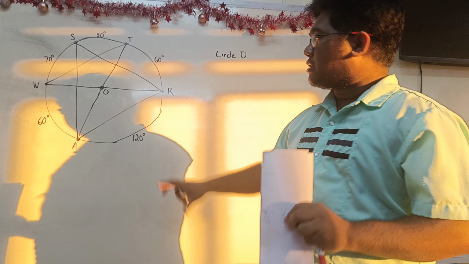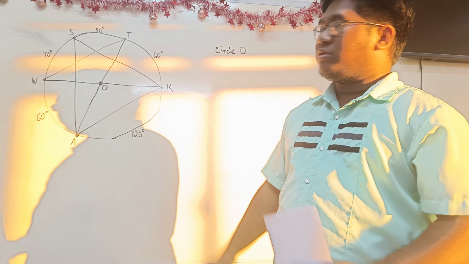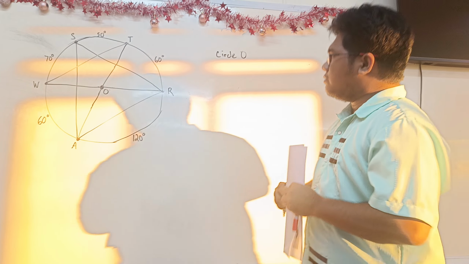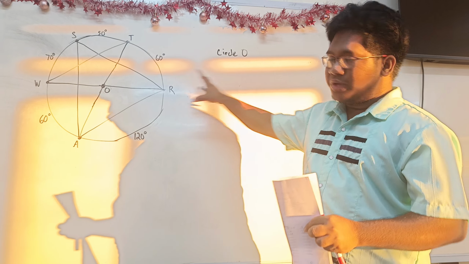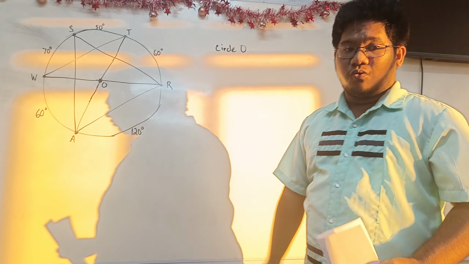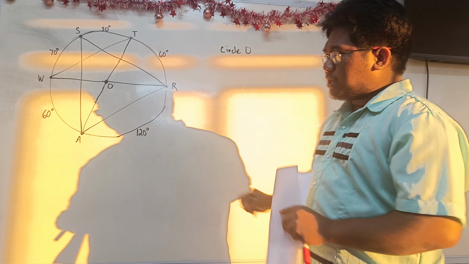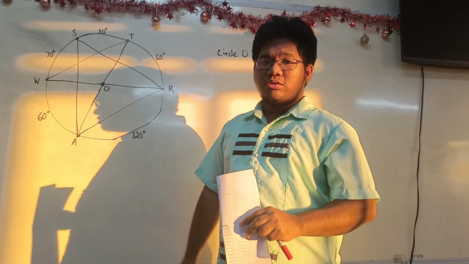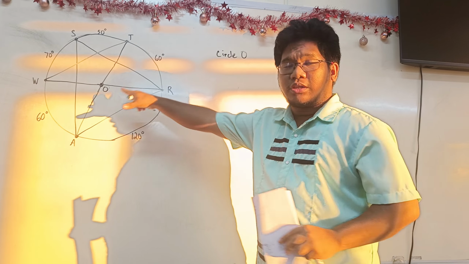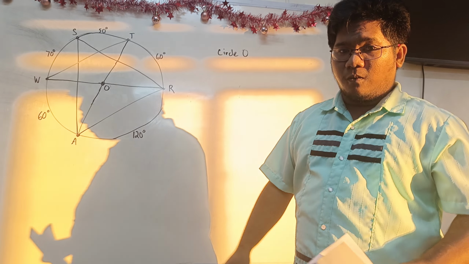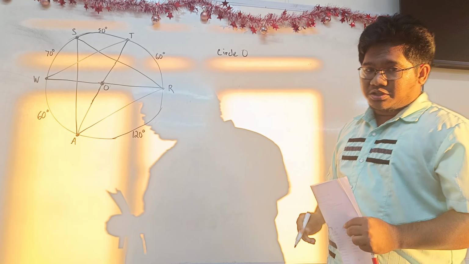Today we are going to discuss or have a review about the circle. In this figure, this is called circle O. Remember, ang pangalan ng circle, lagi siyang nakadepende sa kung ano yung letter na nandun sa kanyang center. So in this case, this is letter O, so we have circle O. First question,